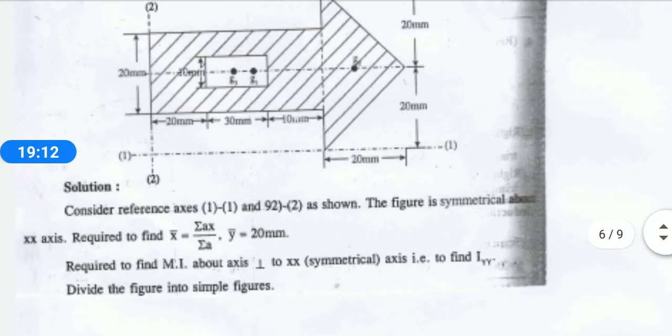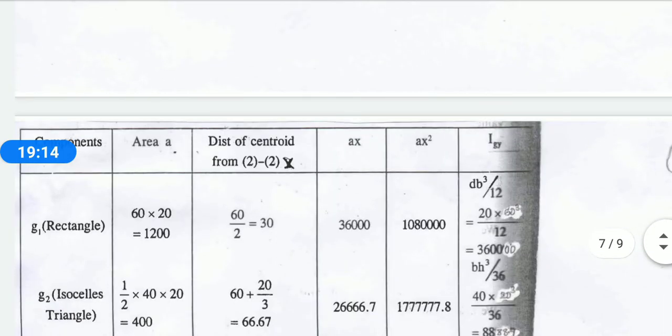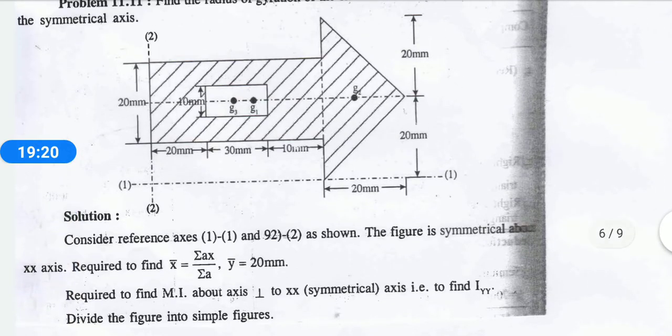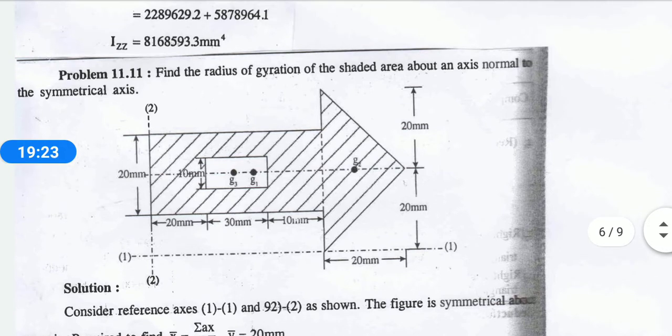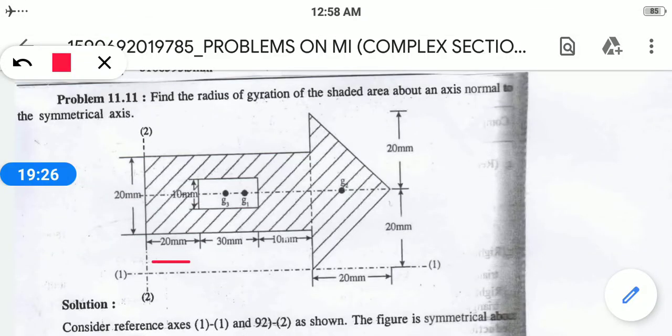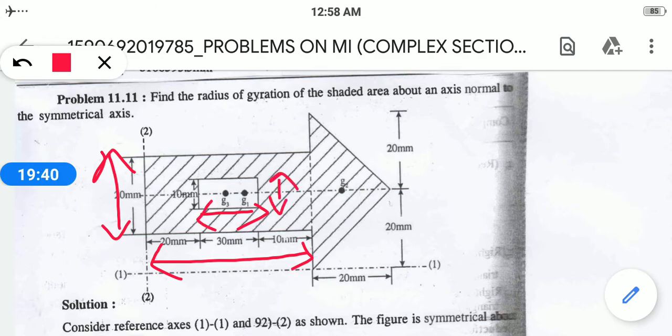So put a table column and go for the first component, that is your rectangle. The rectangular area is already given in the question, that is 60. 20 plus 30 plus 10, which is equal to 60. See, this is your 60 mm and this is your 20 mm. This is your whole rectangular area. When you want to subtract the small rectangular area, that will be equal to 30 here and 10 over here. This whole base will be equal to 20 plus 20, so it will be equal to 40. And the height will be equal to 20.